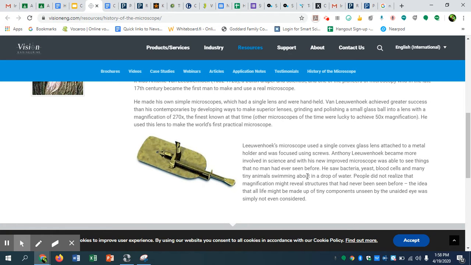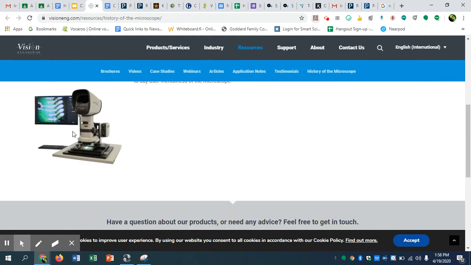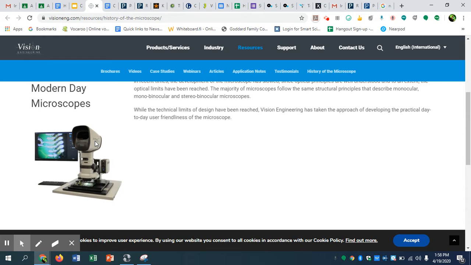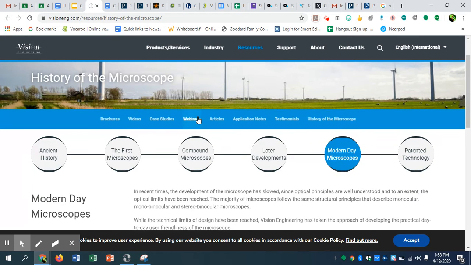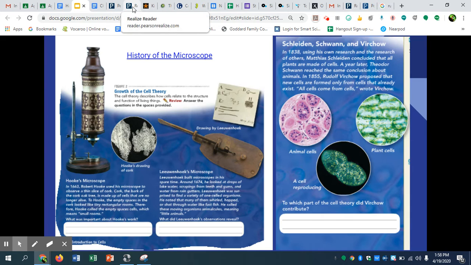It's crazy. Like you probably can make this at home right now. But we went from here all the way to this modern day microscope today. I mean, it's crazy. And we could see things that we probably never thought we could see before. And who knows where that's going to take us in the future. So anyway, I wanted to share that website with you. So we went from this to what we can see today. All right. So let me go back to the workbook. So it says,